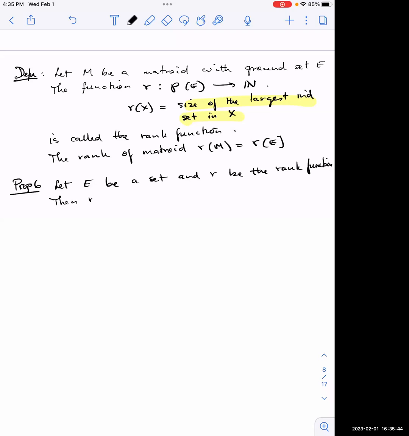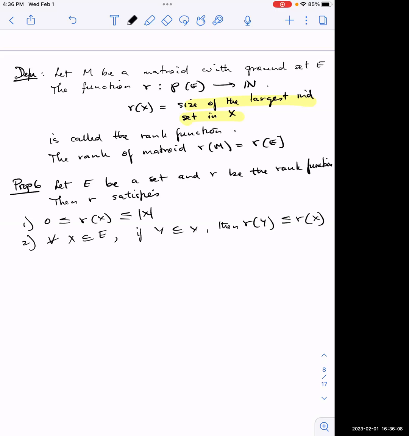Then R satisfies: 1, 0 is less than or equal to R of X, which is less than or equal to the size of X. 2, for every X in E, if Y is contained in X, then rank of Y is less than or equal to rank of X. And 3,